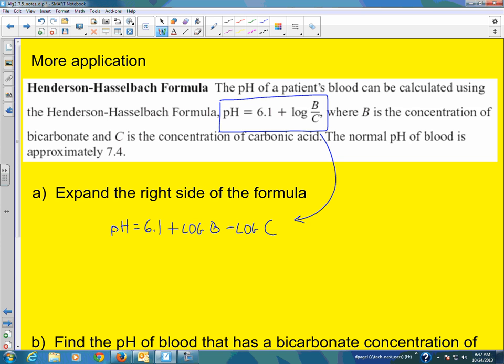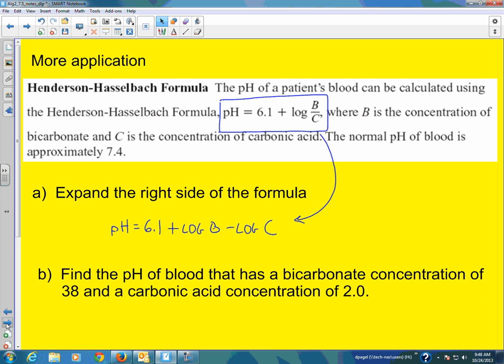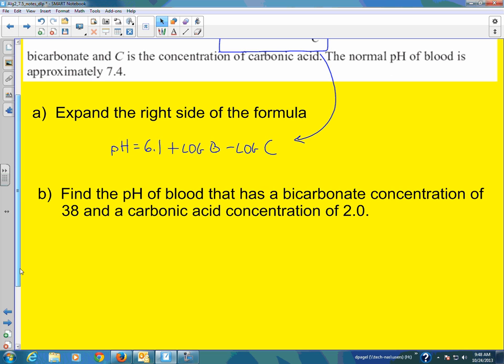All right, now we're going to determine what our pH is given some values. Let's bring this up. So a bicarbonate concentration of 38, a carbonic acid concentration of 2. So 38 is our bicarbonate, 2